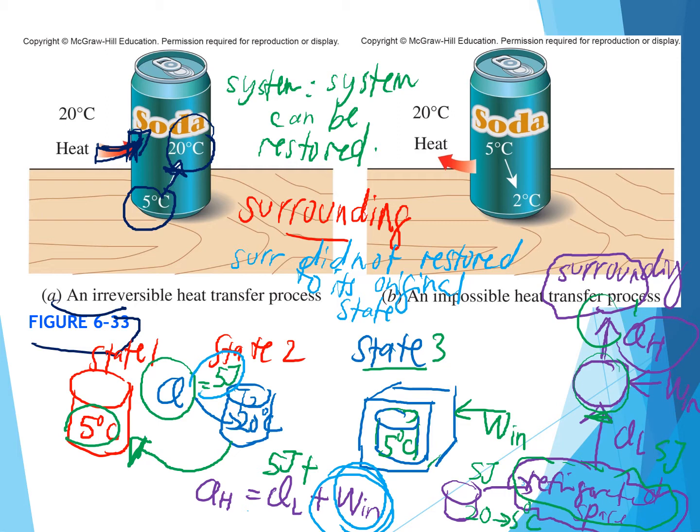So the surrounding did not restore to its original state. So we can conclude that this process is irreversible because only the system can be restored back to its original